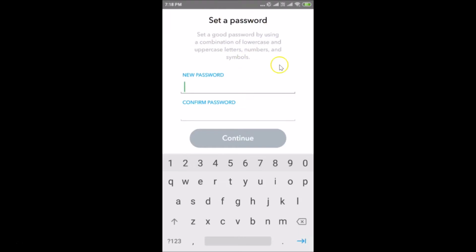And here we have this screen, set a password. Set a good password by using a combination of lowercase and uppercase letters, numbers and symbols. So just provide your new password over here. So let me provide mine. After that confirm your password. And after you're done, just tap on this continue button. So let me tap on this continue button,